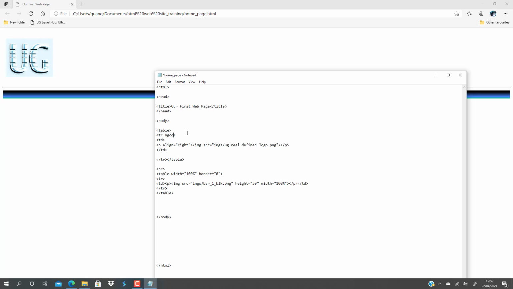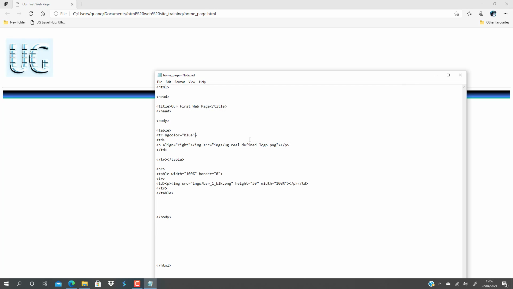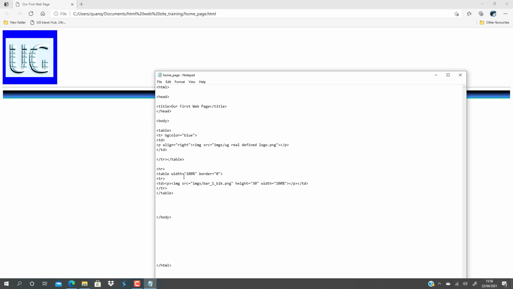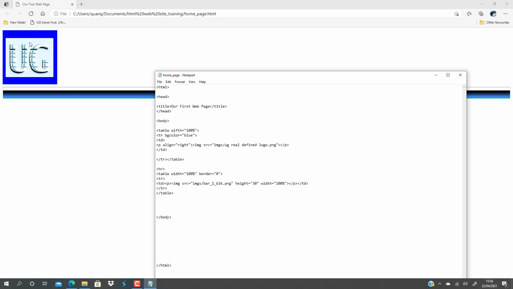so BG colour equals, and I'm going to say blue, and then I'm going to save that file, save as .html, save, yes, refresh, and now it's just a box, right? But we already know why that is. According to me, we have not made the table 100%. So now, file, save as .html, save, yes, and then refresh,